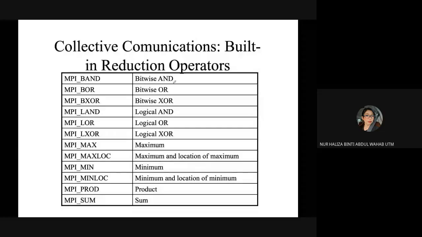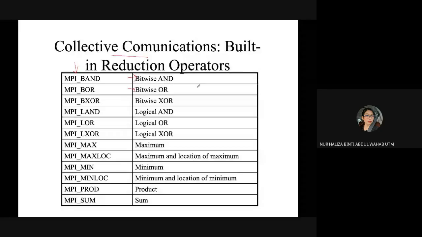Normally, you can see these are digital logic gates or functions, applied using your collective communication function.